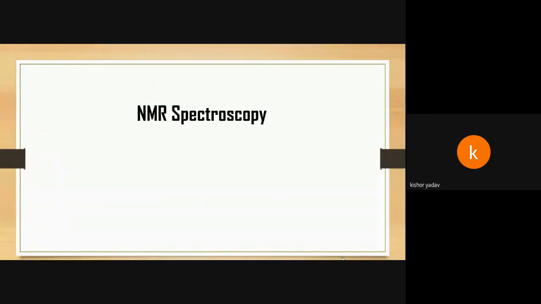Now we are going to study NMR spectroscopy. When we are talking about NMR spectroscopy, you have to remember three basic things. First one is delta value. Then J value, coupling constant. So delta value, J value, and the signals, that means doublet, triplet. These are the three basic things you have to remember as far as the NET and SET exam is concerned on the basis of NMR spectroscopy.